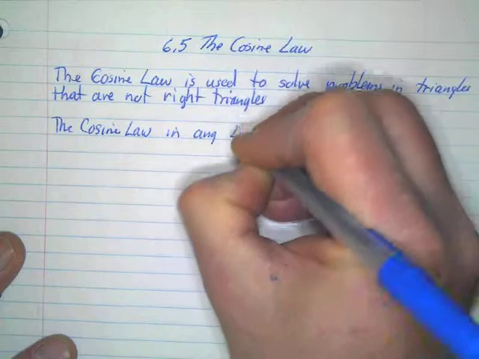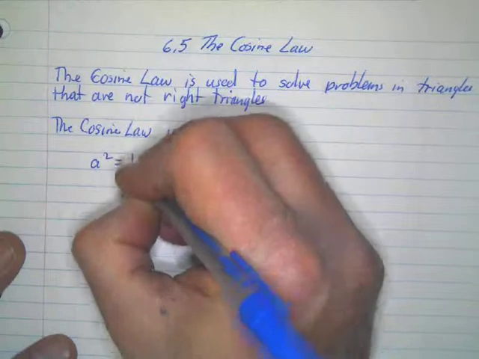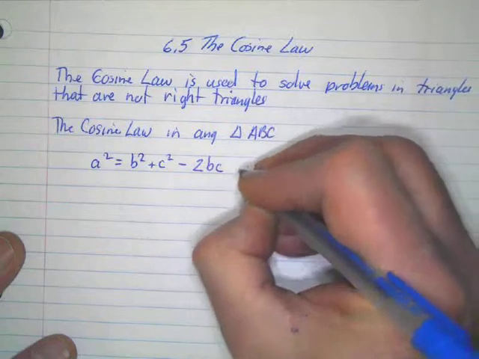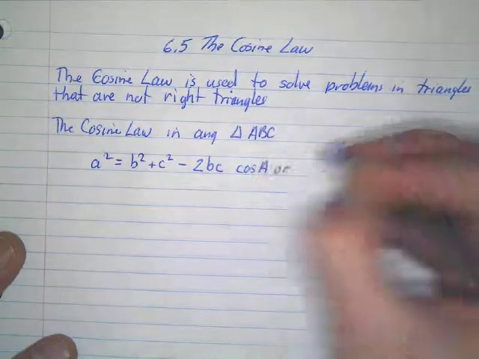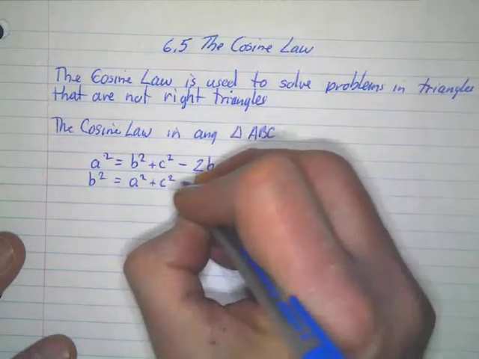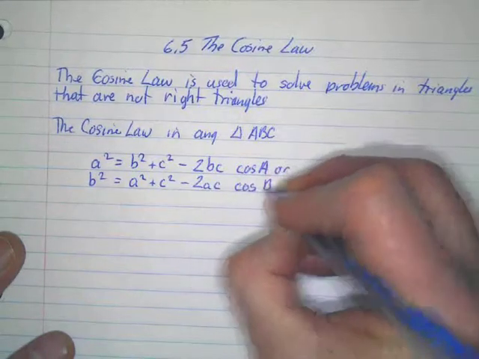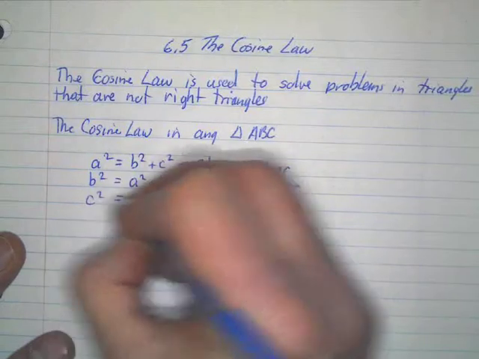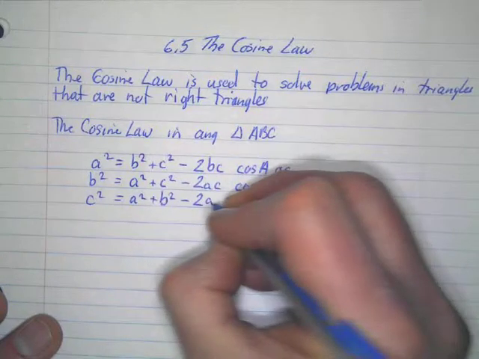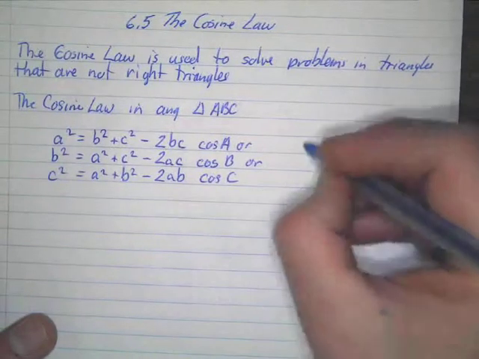in any triangle, such as ABC, looks like this. A squared is equal to B squared plus C squared minus 2 times B times C times the cos of A, or B squared is equal to A squared plus C squared minus 2 times A times C times the cos of B, or C squared is equal to A squared plus B squared minus 2 times A times B times cos C. And once again, our triangle